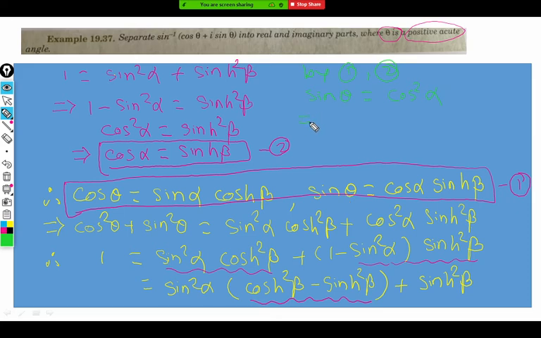So first of all, we say cos alpha is a root of sine theta. Obviously that is positive. And alpha is, just 1 minute, a cos inverse of root sine theta, and that is the answer for alpha. This is the real part. We just finished the real part there because our aim is at the end to get alpha and beta. We got alpha as cos inverse of root of sine theta.